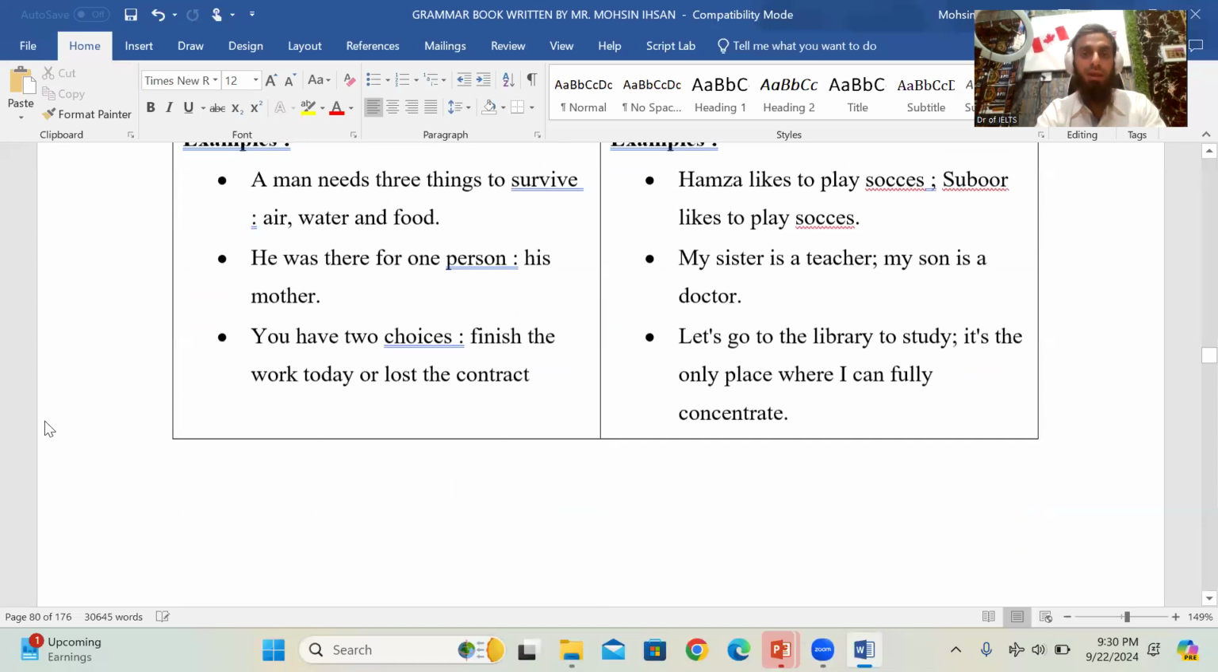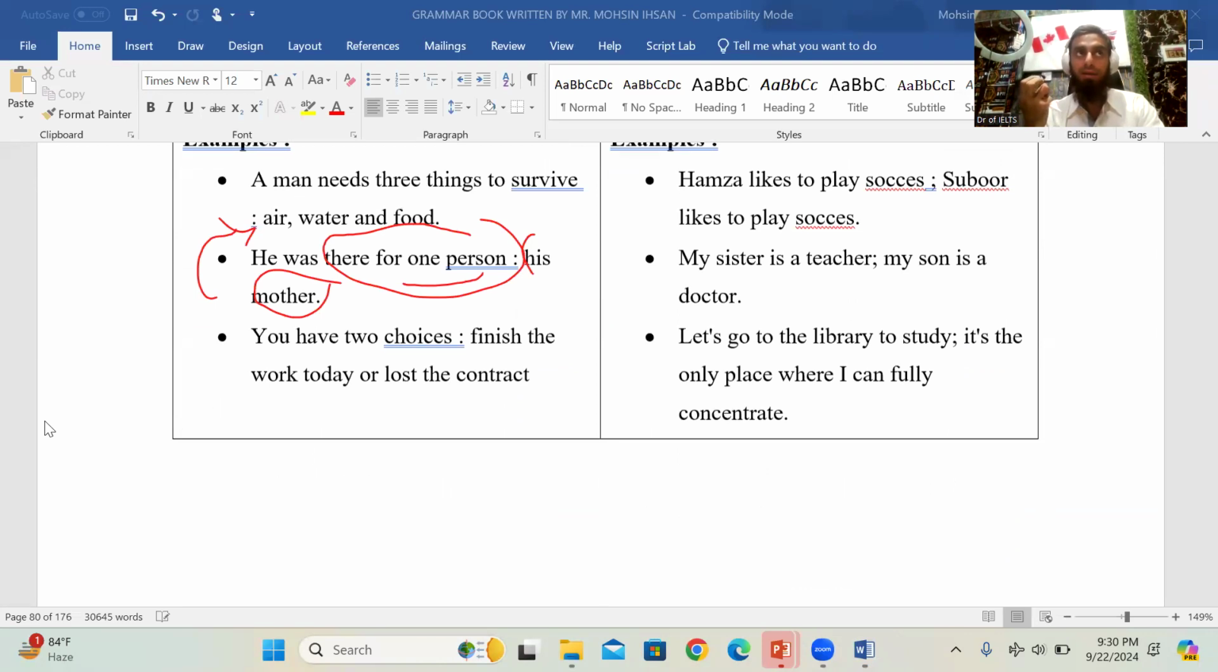Yes, here, sorry, it is not regarding the previous concept. It is regarding when you specify something that is in your need, right? He was there for one person and his mother. This is a kind of emphasis for only one person. When you emphasize in a sentence, like when you give much importance to anything in a sentence,